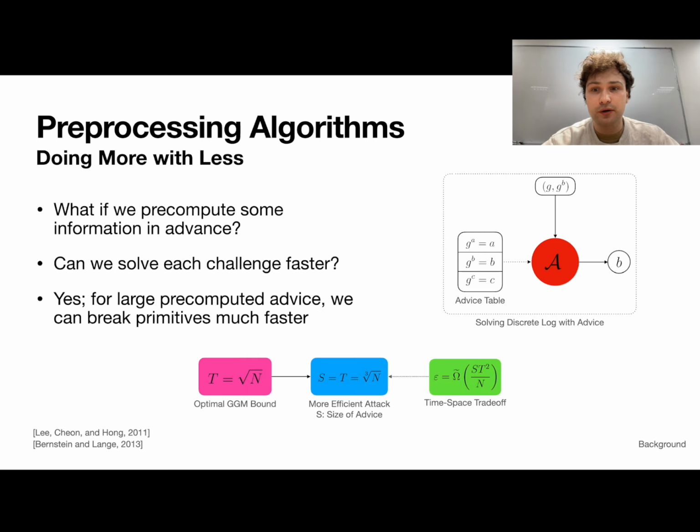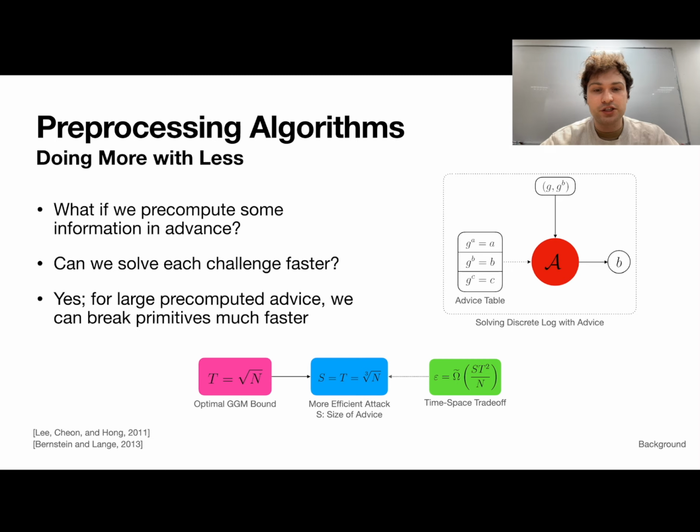And in fact, not only is this true, we can beat the optimal GGM bound in this setting by allowing the size of the advice table to grow up to cube root n, for instance. In the original setting, we needed at least square root n queries per challenge, but now if I have a cube root n sized table, I only need cube root n online group operations in order to always beat the challenge I'm given. This is clearly better than the original bound, and as the size S grows, as you can see on the right, we're able to perform fewer online computations.